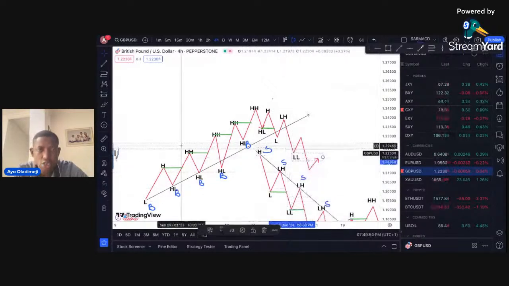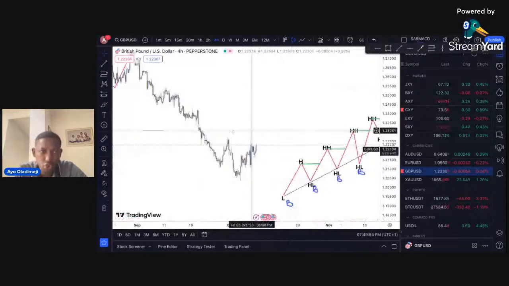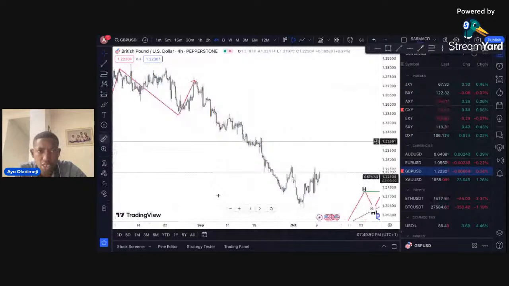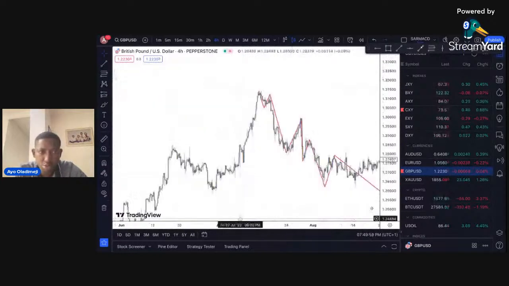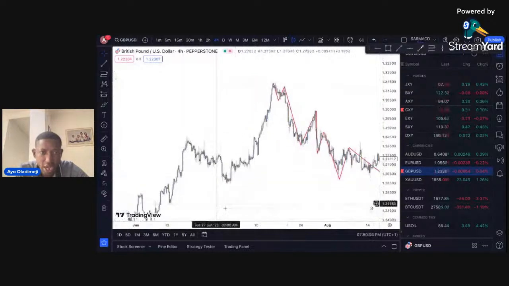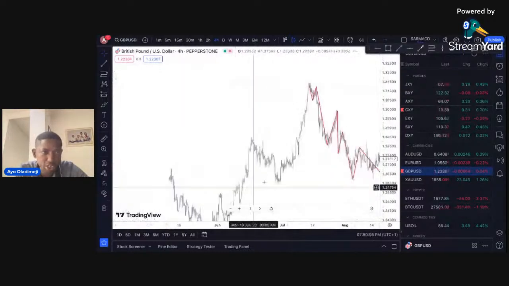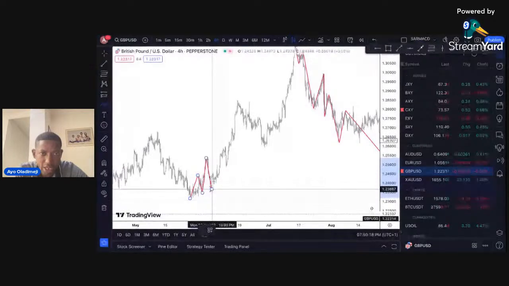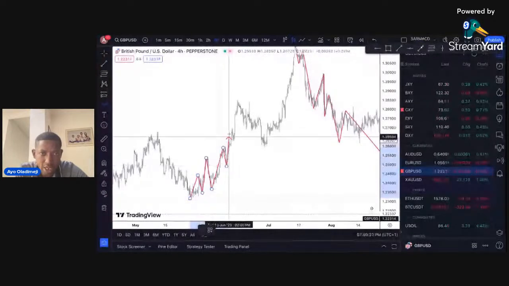So now let me get off and let's show it here. Now look at what's going on. Let's look at what happened here for a minute. From here you can see the uptrend has been established, and you can see a series from a low to a high to a higher low, higher high, higher low, higher high, higher low, higher high, higher low, higher high.